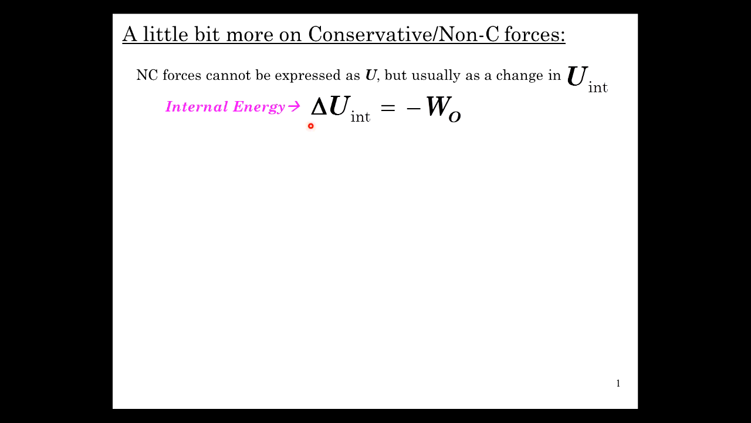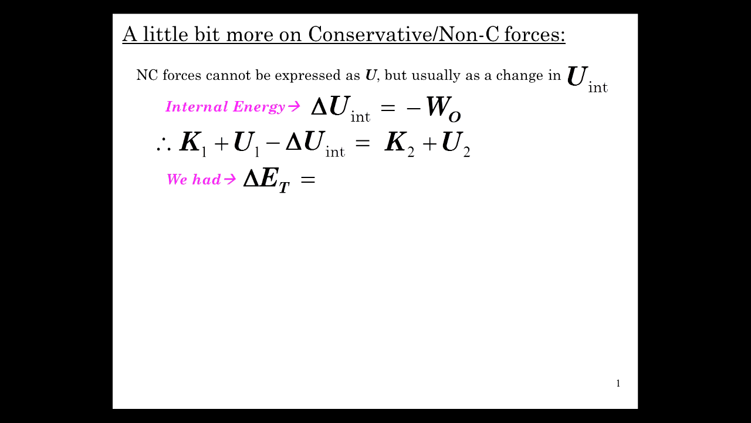And then the change in internal energy would be positive, because as a result of friction, sliding an object on another, that object will gain heat energy. So that internal energy change is a positive change. Hope that makes sense. So we have K1 plus U1, position 1. Instead of plus work other, we'll say minus delta U internal equals K2 plus U2. Total